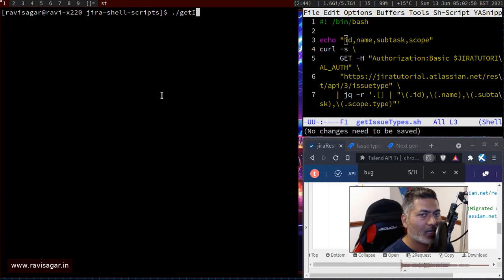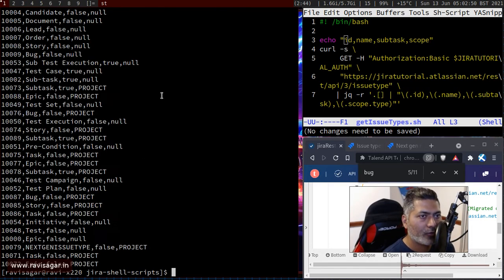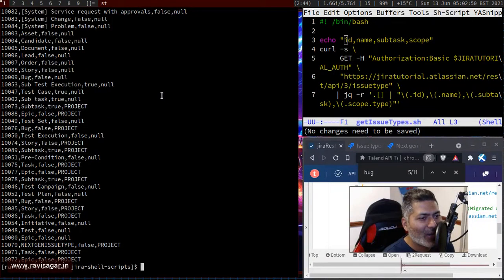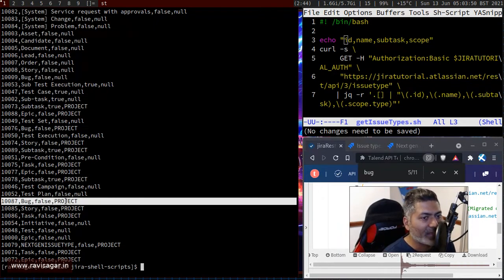So we are looking at issue type. The script name is issue types. So if you run this, you will get all the issue types, and as you can see, there are quite a lot, which is probably, I mean, by looking at it, I was slightly worried because I thought I do have a lot of issue types, and I can see here that I do have bug, and I do have bug again. But of course, when I look at this bug, right now this last null is telling me that the scope type is null. It means that it is the global one. It is not the project specific. But for the project specific one, we have the project string here that will tell us.